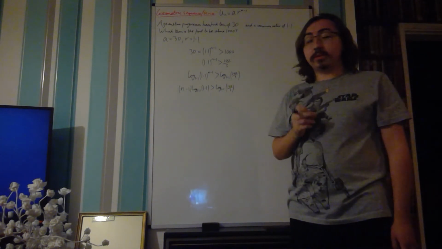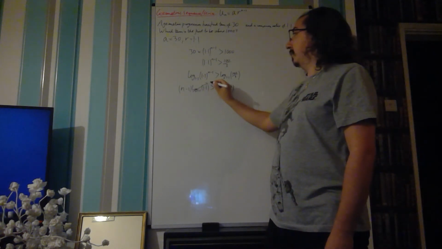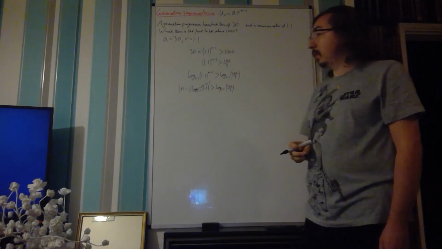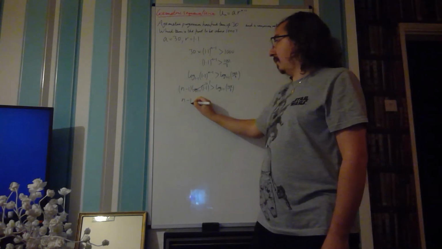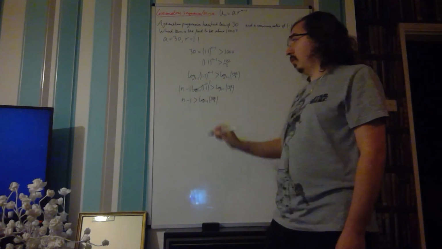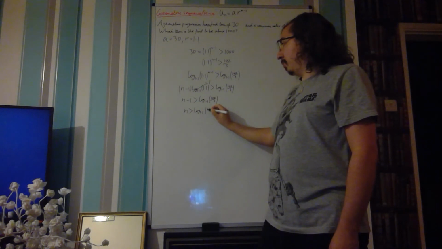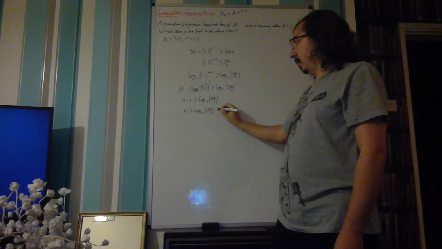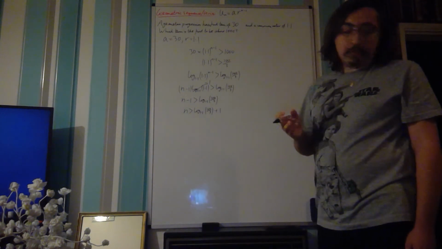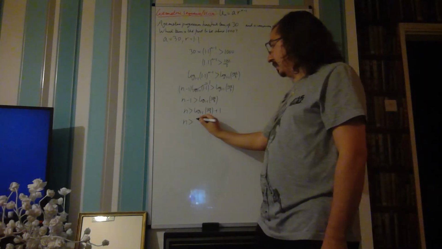Now, the reason this one is quite a good technique is log to base 1.1 of 1.1 just simplifies to 1. So they cancel, leaving you with 1. So in other words, we have n minus 1 is greater than log to base 1.1 of 100 over 3. And therefore n is greater than log to base 1.1 of 100 over 3, plus 1. And that would be an exact point with our inequality. Well, we don't want it like that because that's not that helpful to us. So let's convert it to a decimal. So we can say n is greater than